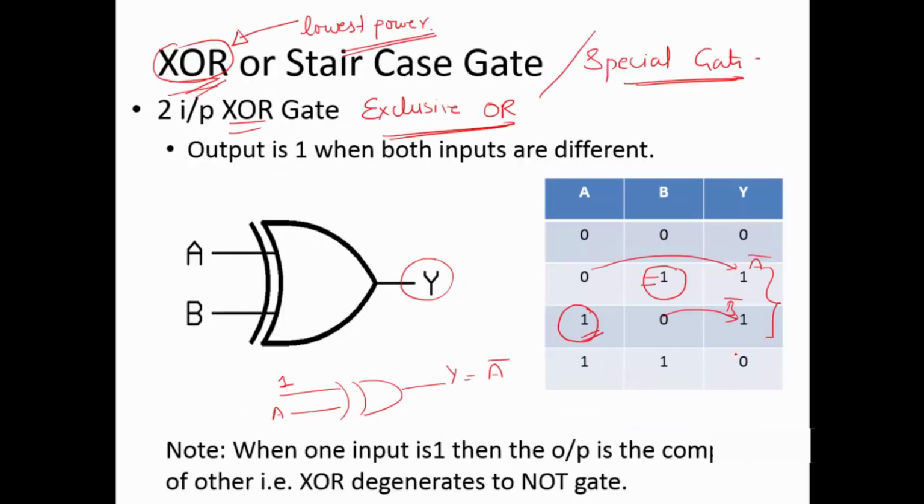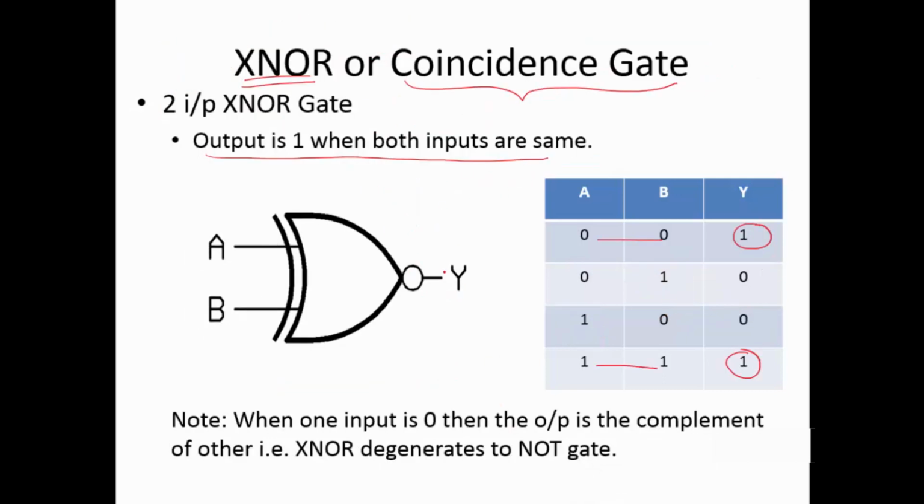Okay, I forgot one important thing. For the XOR gate, we represent it this way. Or in simplified form, A bar B, meaning A is 0 and B is 1, or A is 1 and B is 0. This is your output equation. For the XNOR gate, it is represented as A XNOR B. This is the equation for